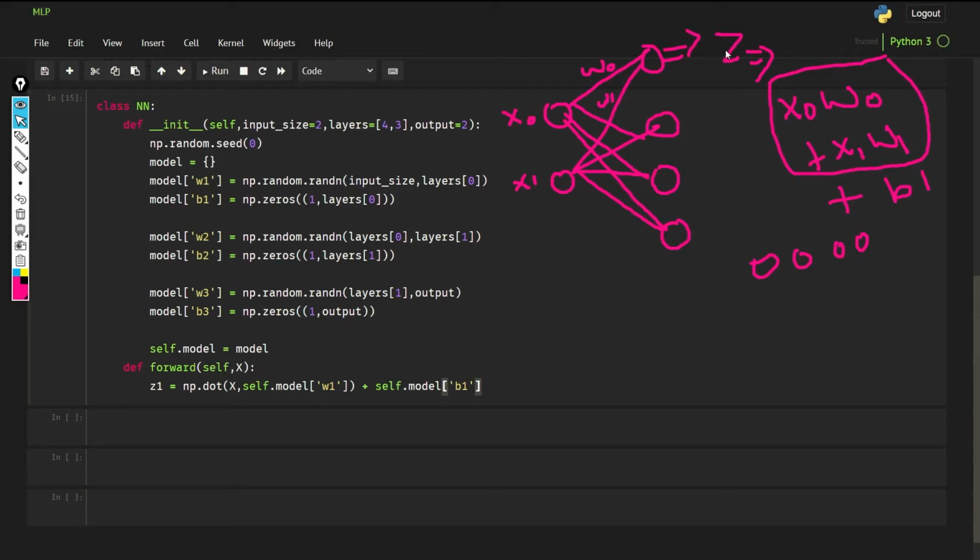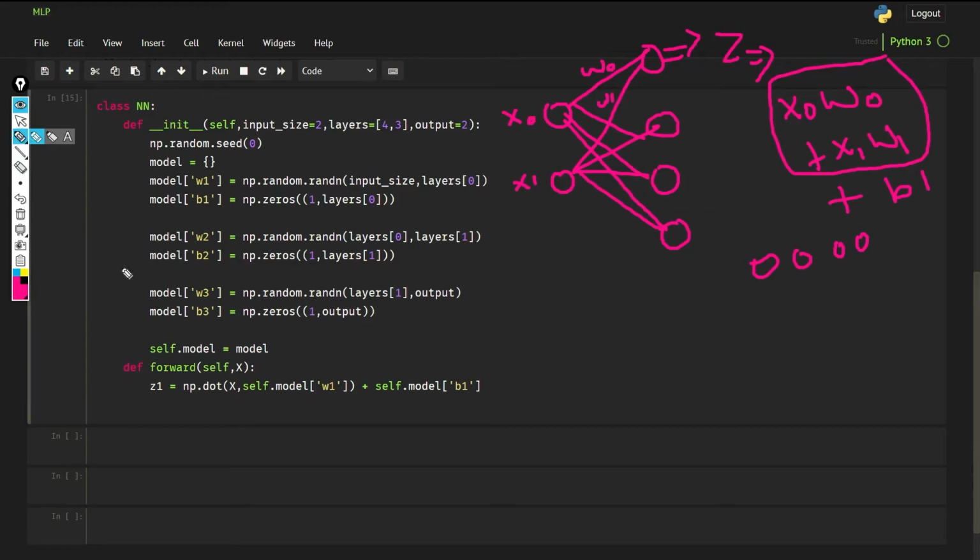So now what we are going to do is pass this through an activation function. I have already explained why we need an activation function. So let's say a1, and instead of using sigmoid, what I am using here is tanh. I will explain the reason later why I am using tanh, not sigmoid.